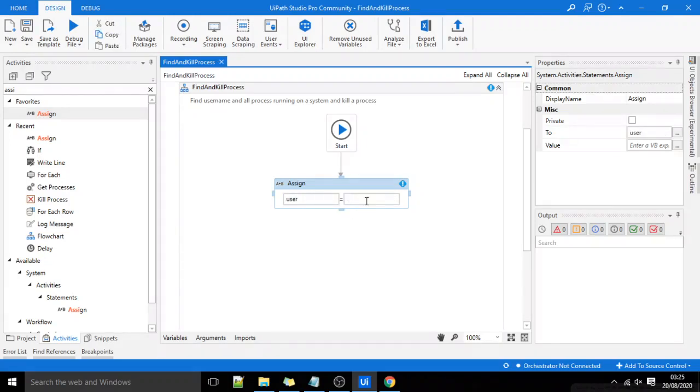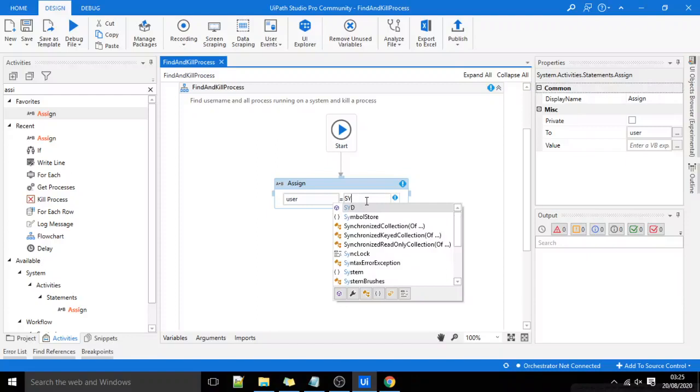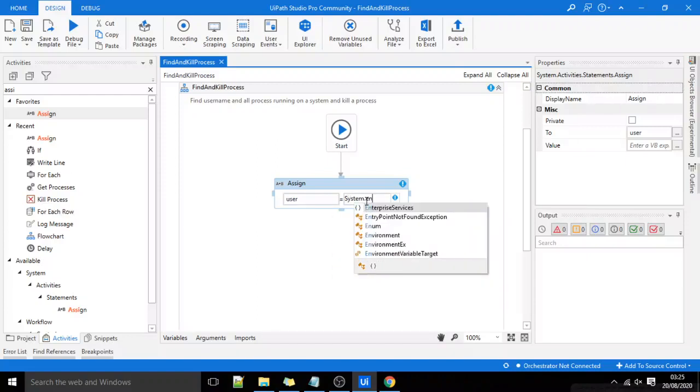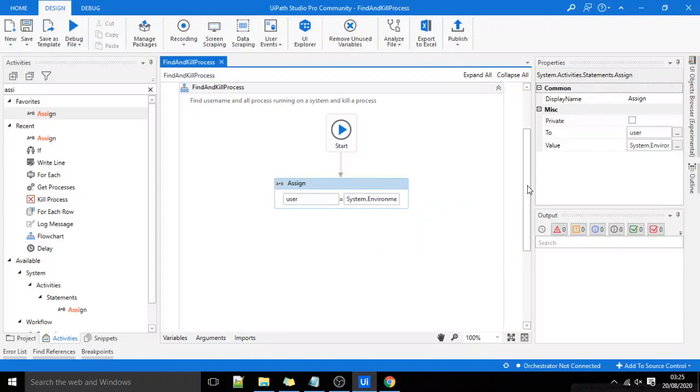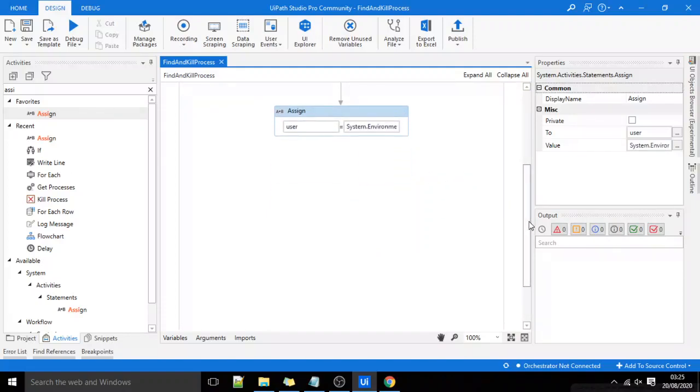Now I'll fetch the name of the current user by this syntax: System.Environment.UserName. This syntax will help us in finding the current user.